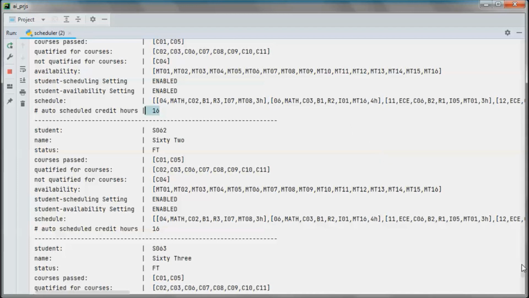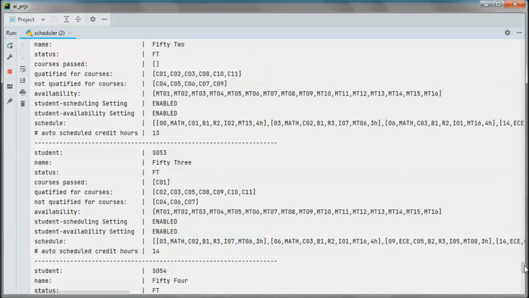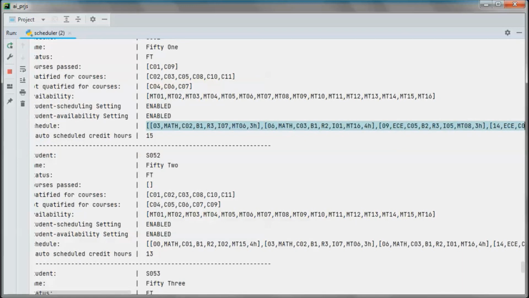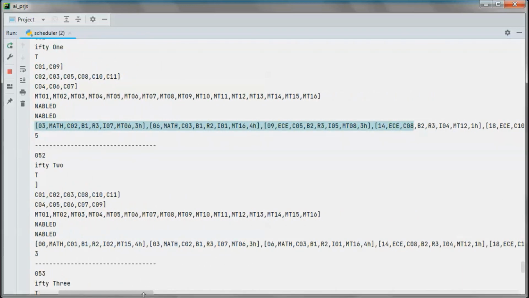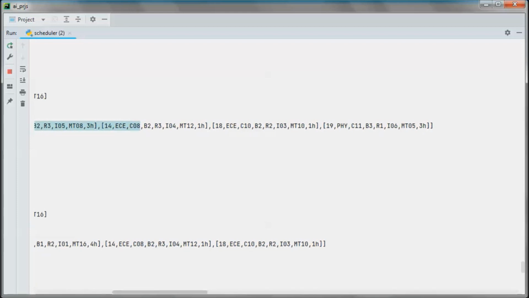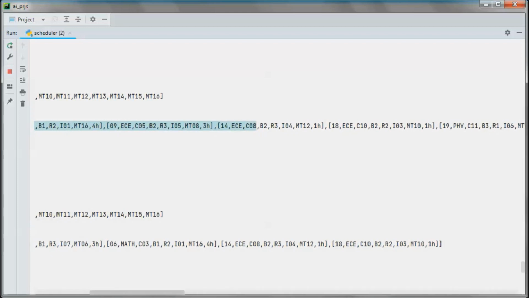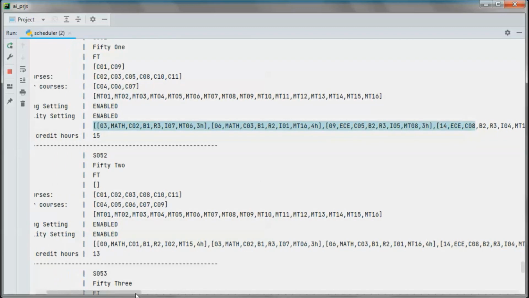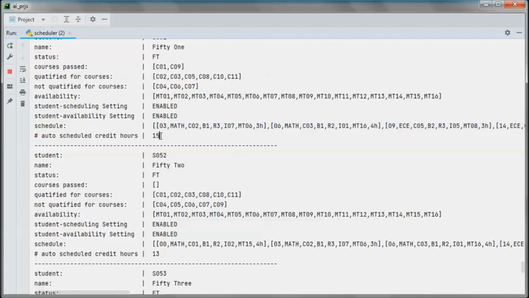And so this is what this student is not qualified to take, and he's qualified to take those, and he has already passed those, and this is what he ended up being scheduled for. So 3 and 1, that's 4, and 1, 5, and 3, 8, plus 4, so 12, plus 3, we end up with 15.